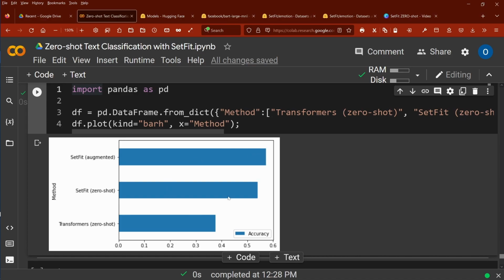So I say thank you. I hope the question of how to add synthetic data to improve the SetFit algorithm is answered. Yes, you can do it. I showed you here the way it is done, and I hope you enjoyed it. Give it a try, and I see you in